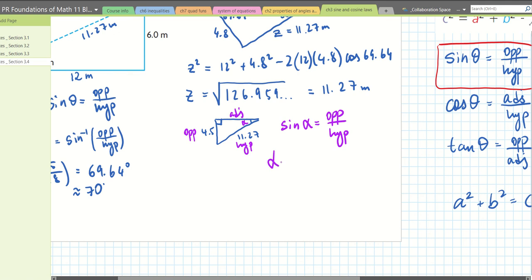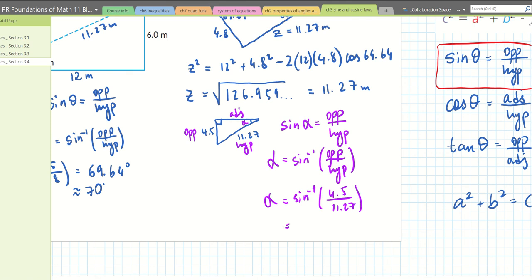Okay, and then alpha is going to equal the inverse sine of opposite over hypotenuse. So for alpha, we're going to plug in sine inverse. Opposite is 4.5. Hypotenuse is 11.27. And see what that equals. So 4.5 divided by 11.27, that's 0.399, and take shift inverse of sine, and we get